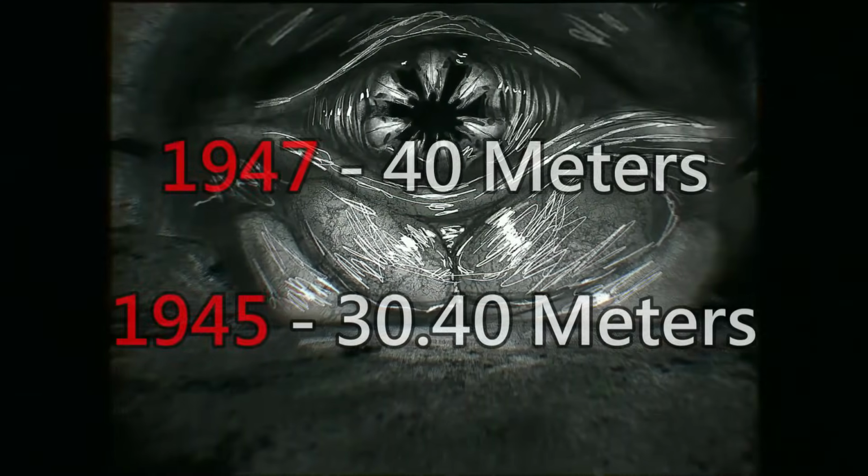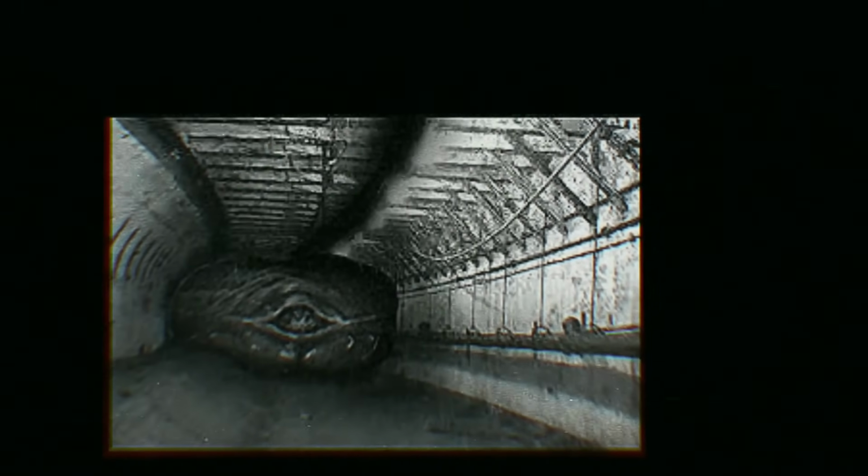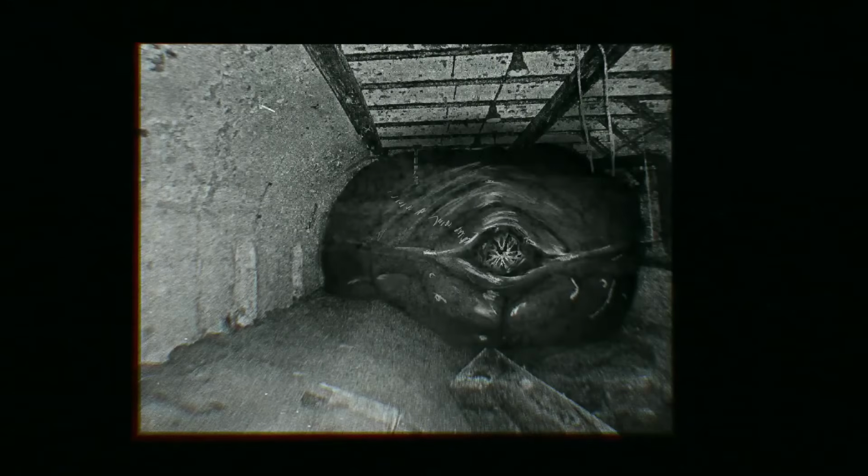And the actual lengths of the snakes don't match either, which means there could actually be 2 incidents of the cult feeding meat snakes until they grow to this humongous size. So while it may seem as though this tape was recounting the event listed in the article, it is actually a different discovery altogether. We are told that the entirety of the tunnel had been blocked off as a result